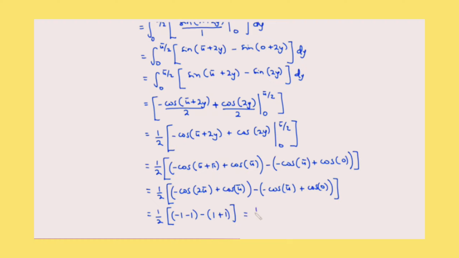So this becomes 1/2 in brackets. Here we have negative 2 minus 1 plus 1, which is negative 2. Therefore we have this to be 1/2 times negative 4. 2 goes here once, 2 goes here 2 times, and then we have 1 times negative 2, which is equal to